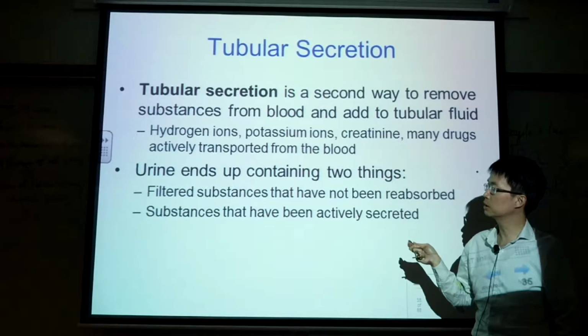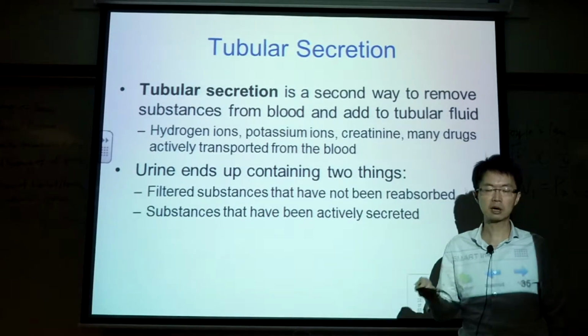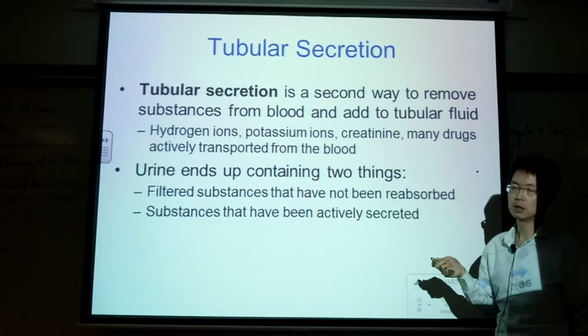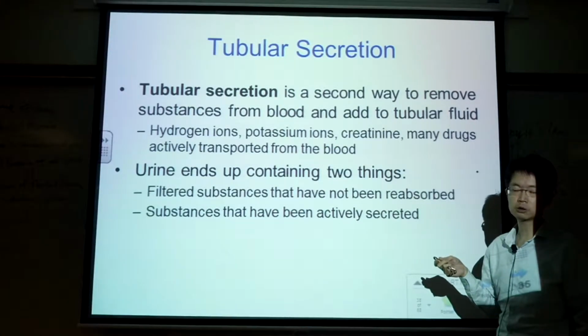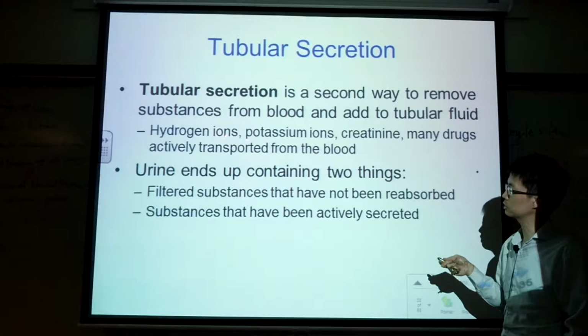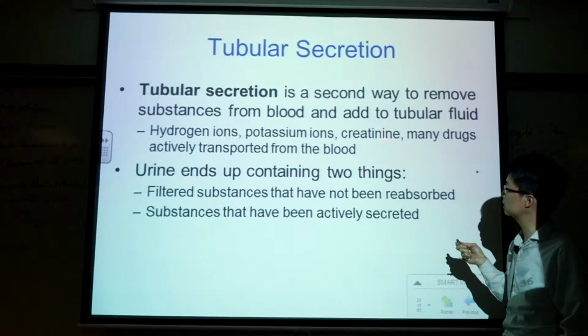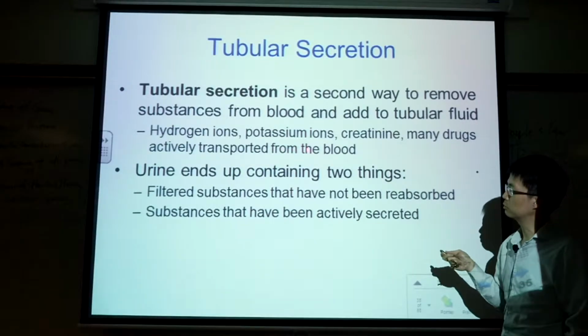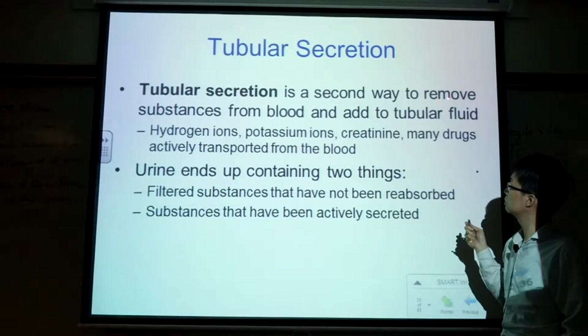Tubular secretion is outside of the Bowman capsule. It occurs in the kidney tubule and also the peritubular capillaries. So all these hydrogen ions, potassium ions, creatinine, and other drugs, they will move from the blood into the tubular